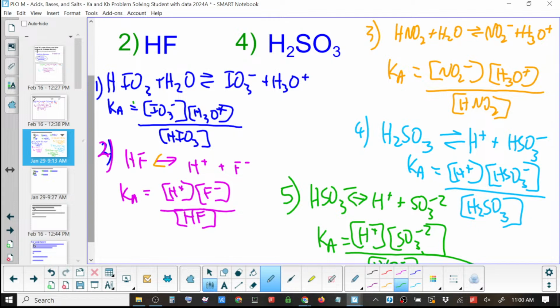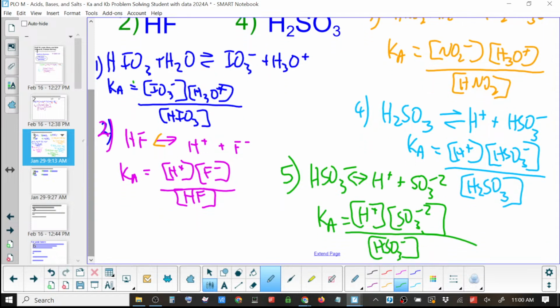It doesn't matter. The Ka turns out to be the same because water is a liquid. It cancels out. However, if you do this with the base reaction, it doesn't work because the base requires water to react with, so it can be a proton acceptor. But you can do it either way for the acid, and you can get out a Ka. One thing I really liked, nobody reacted both of the hydrogens, and we did it in the stepwise fraction. Only for a weak acid, they only come off one at a time. That being said, if you reacted it with a strong base, both of them would react because a strong base is a one-way arrow that would take out both of them.